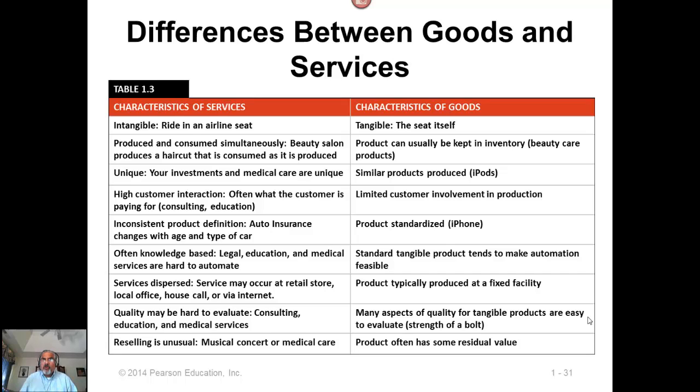And third is customer involvement. In manufactured goods, customer involvement during the production process is zero or very minimal. How many customers are present when a physical product like a computer or a telephone is being manufactured? None at all. But in the service sector, customer involvement oftentimes is crucial. Without the customer being present, for example, dental cleaning, you cannot produce that service product. And therefore, customer presence and customer interaction is relatively high in service products and almost non-existent in manufactured